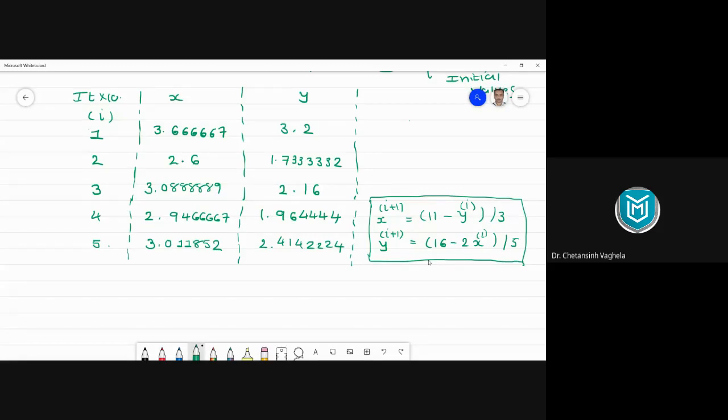And there is a shortcut trick also available in your calculator. You can use it. For example, if you have calculated the y value last, y5, whatever value you calculated last will be stored in the answer key of your calculator. You know this same value has to be used in the next iteration for x6. So x6 is equal to 11 minus answer, divided by 3, right? Because of this, you don't need to type the value again. So use that answer key facility. It will save your time.